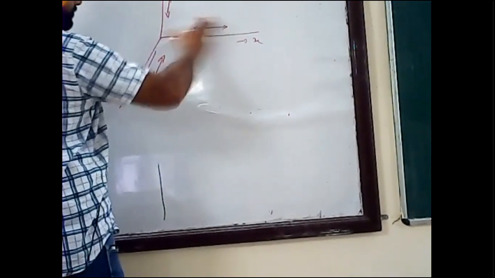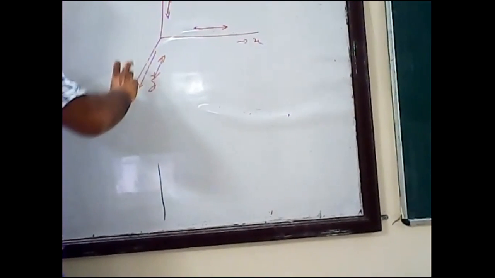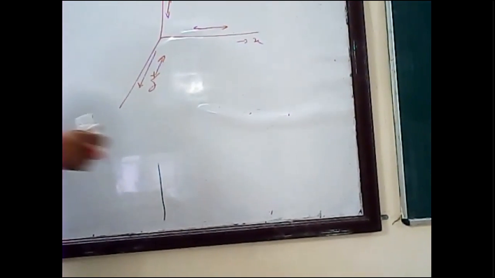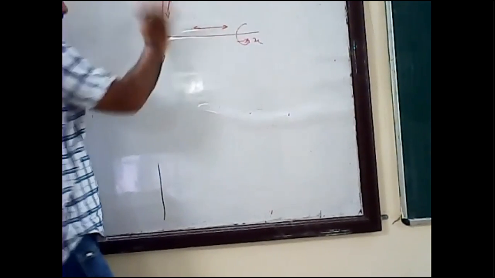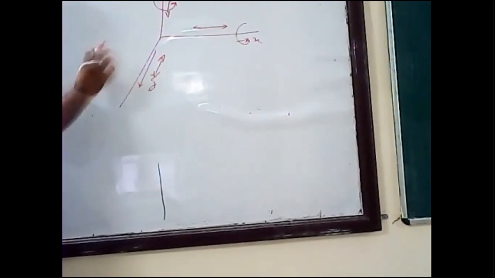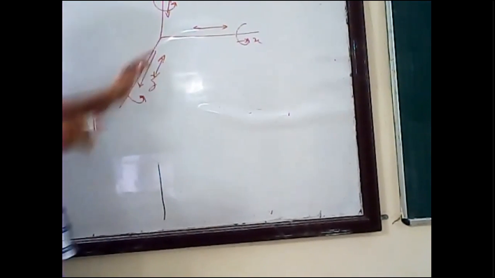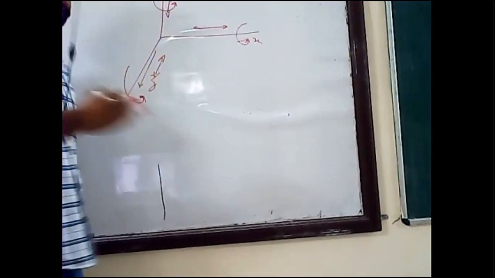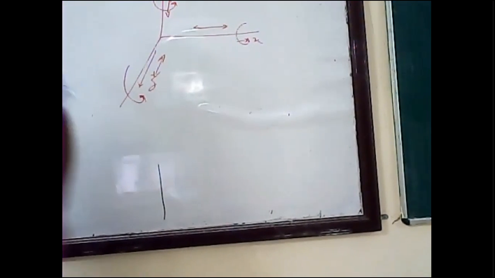A particular element can move like this, it can move like this, it can move in the third coordinate Z direction, right? Similarly, that object can rotate along the Z axis, and it can rotate in the other directions too. So first is translation motion in three coordinates, then three rotational motions along the three coordinates. So a total of 6 degrees of freedom are there. I hope you have understood what is degree of freedom.